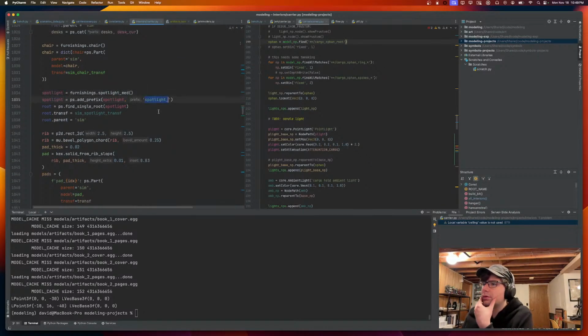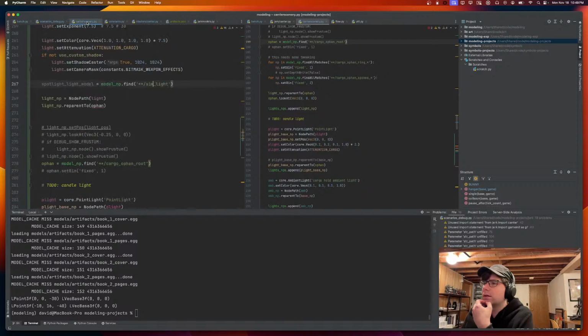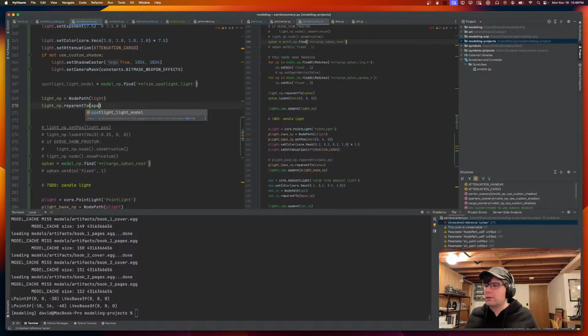Spotlight. Prefix. Okay, so it's just gonna be spotlight light. Sim spotlight light. Okay, and then light model and